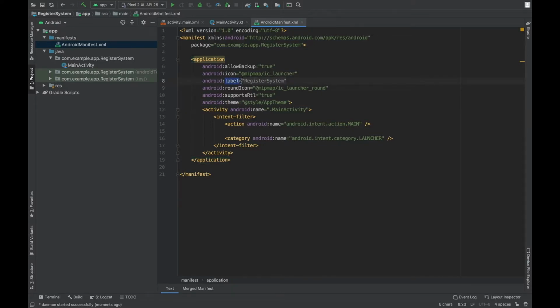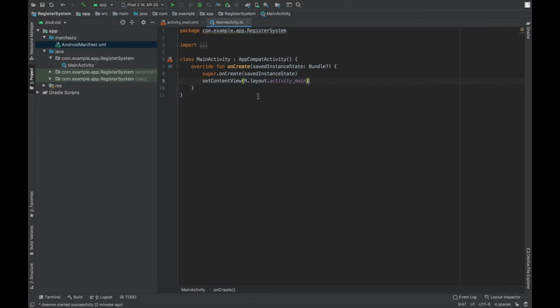Here you have label, that is the display name of your app, and here you have Android allow backup true, so this is some different thing. We will discuss each of these in some later videos. And here it is saying Android support RTL is true. Now it is right to left layout, so in many of the Middle Eastern countries this is right to left layout. I mean they write from right to left. So if you enable it true, the Android will support that type of writings and the other stuff. Now don't change anything in this manifest file, because changing something might spoil your project completely.